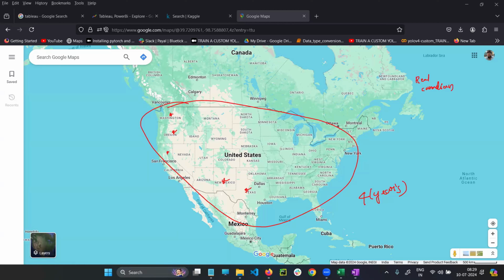Not only state wise, region wise also. Region wise, city wise. Everything is there in Kaggle. What I will do is download the data. As an upcoming data analyst or data scientist, what I have to do is